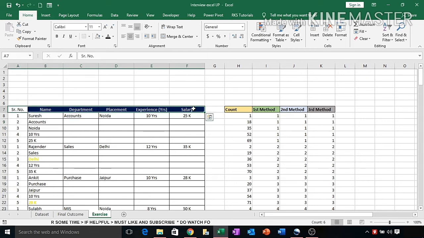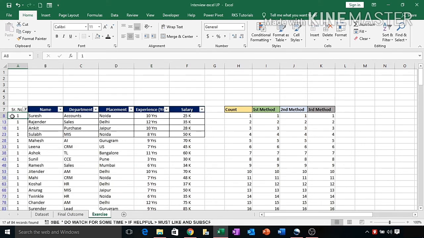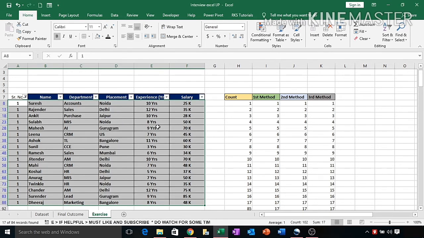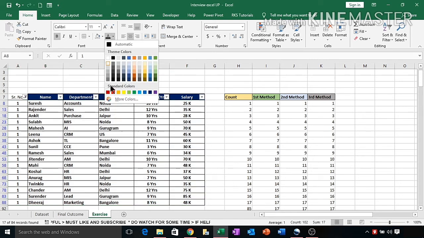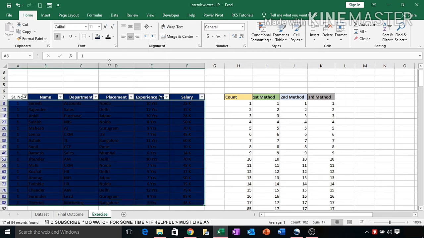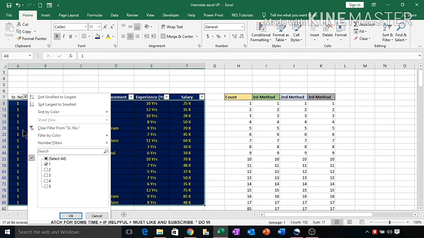Select all this, Shift Ctrl L to apply the filter. Select one only because this is the heading. Select all the data, bold, border. We select the color, say color of the cells as blue and color of the text as yellow. Now we remove the filter, and this time we select other